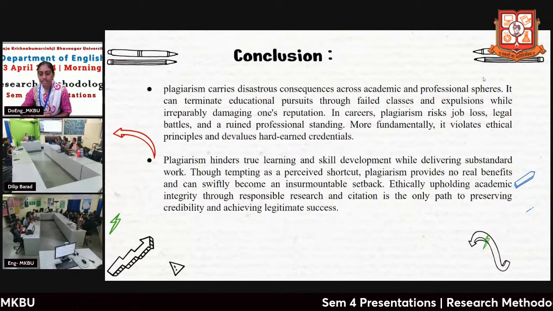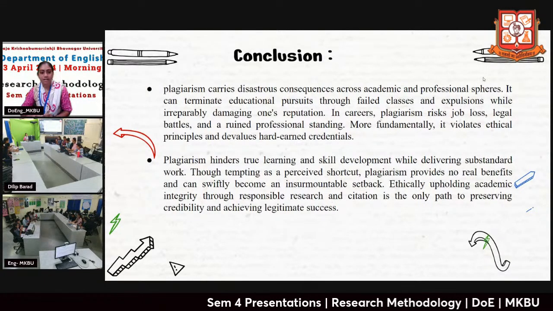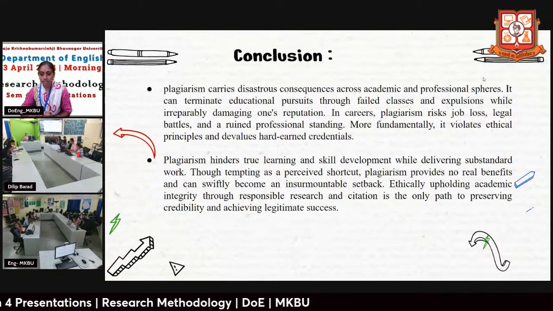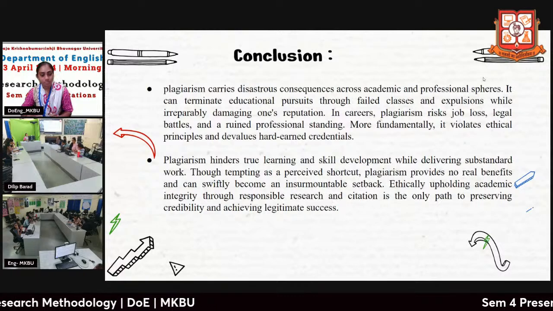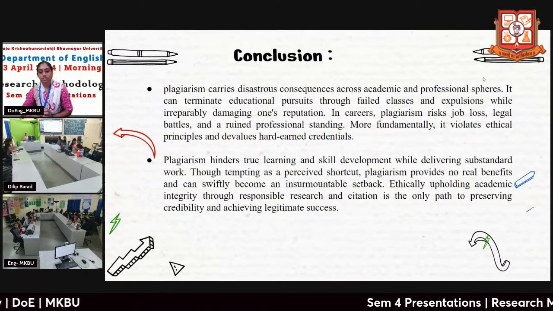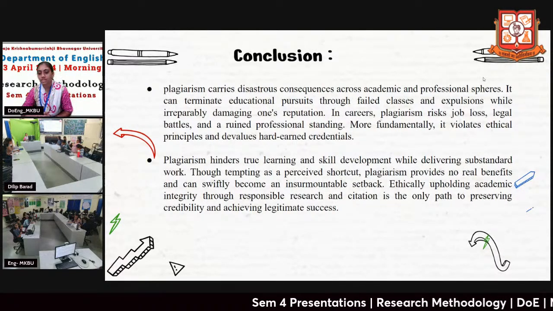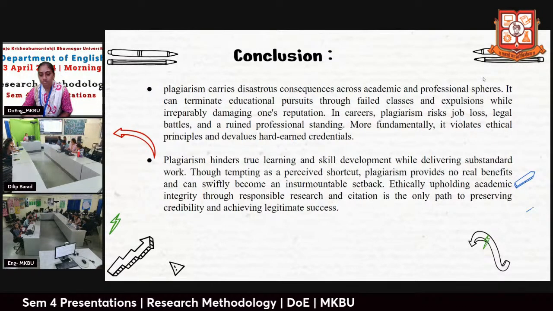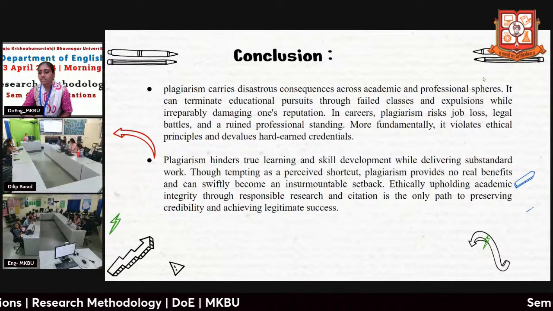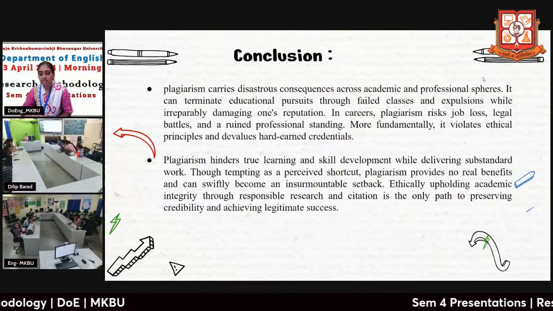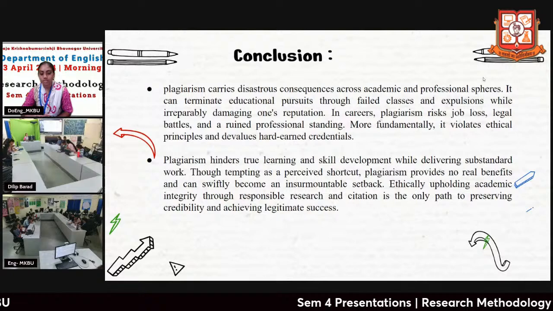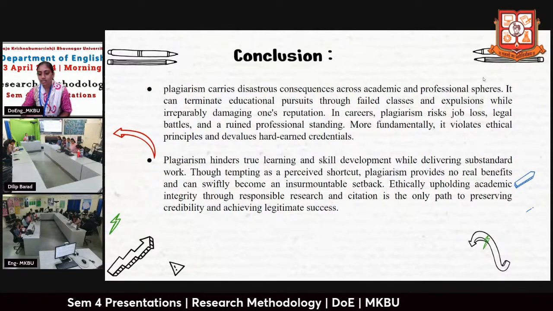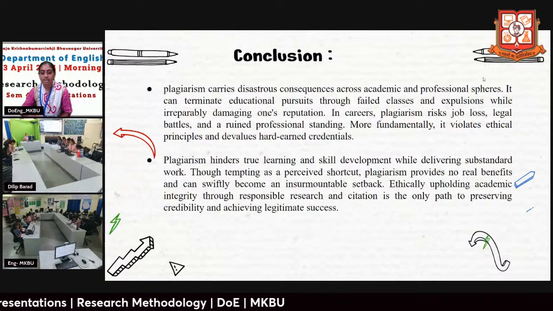hard-earned traditions. Plagiarism hinders true learning and skill development while delivering substandard work. Though tempting as a perceived shortcut, plagiarism provides no real benefits and can swiftly become an insurmountable setback. Ethically upholding academic integrity through responsible research and citation is the only path to preserving credibility and achieving